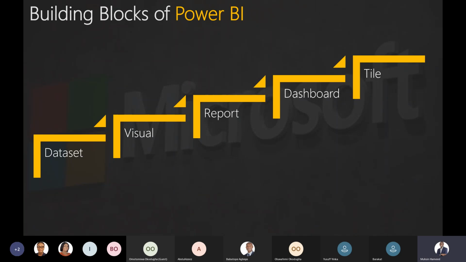Okay, so who would explain dashboard? I can see a few hands up. Okay, Babatope, your hand is up again. You want to speak to that? Yeah. So before now, I used to mistake reports for dashboard. But now I see dashboard as selected visuals that you really want to monitor.